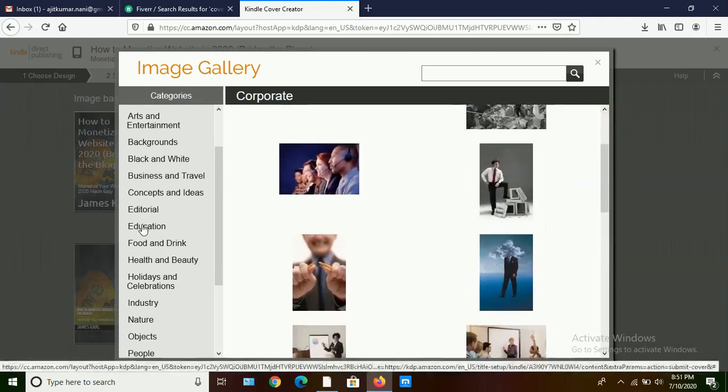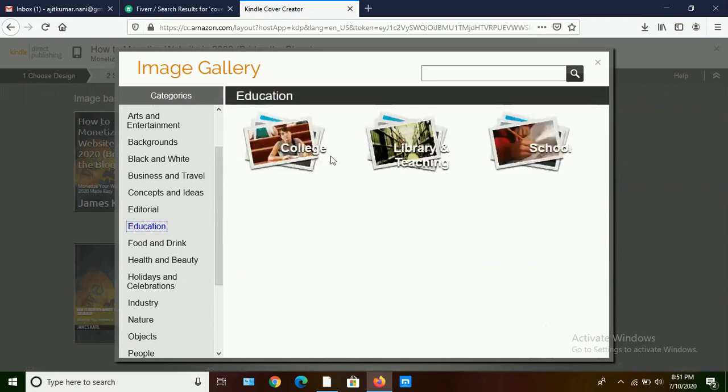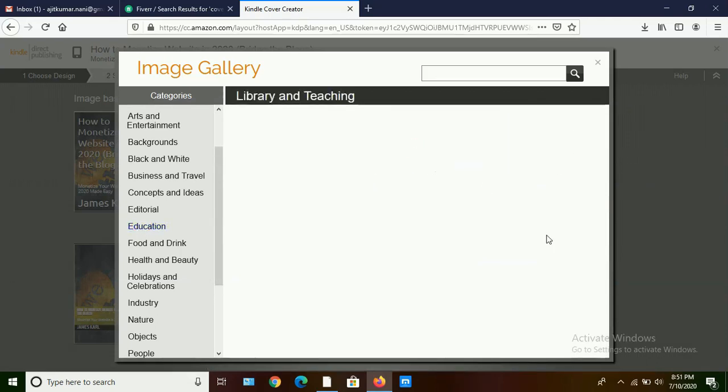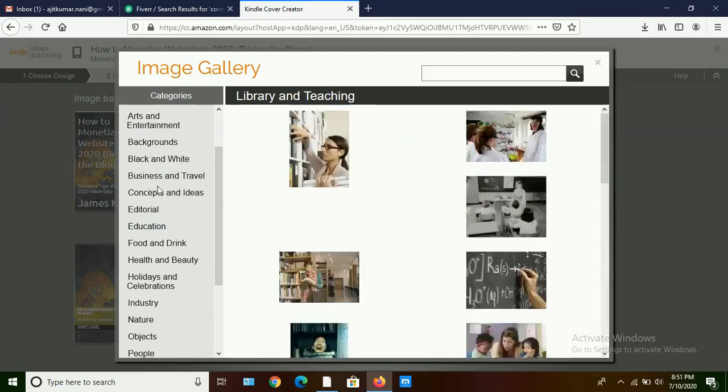I will go to education. I will go to library and technology. You can see anything here. Okay, from all we can get any one as our cover.